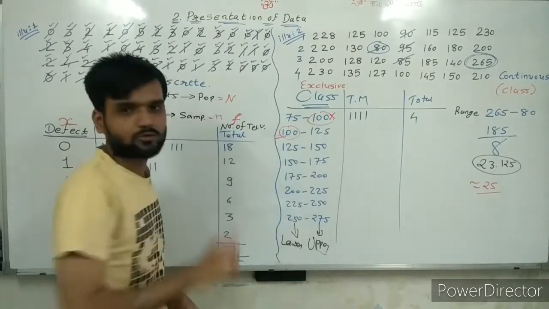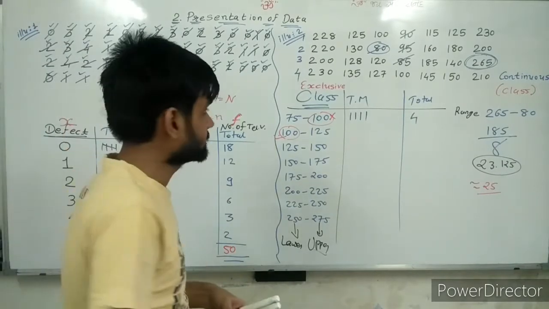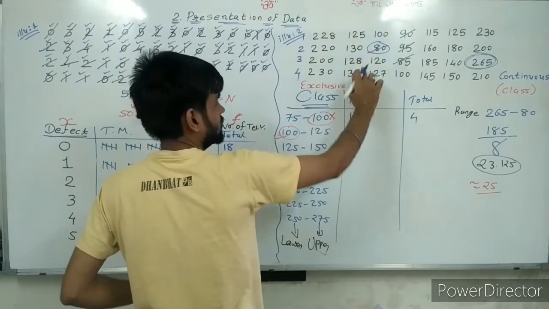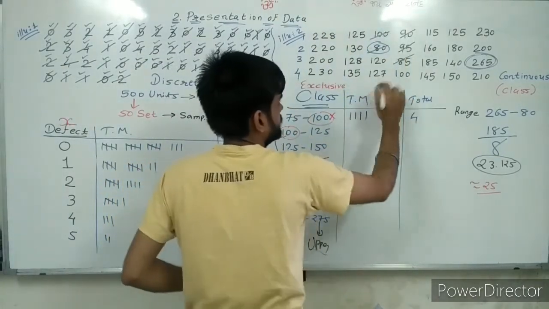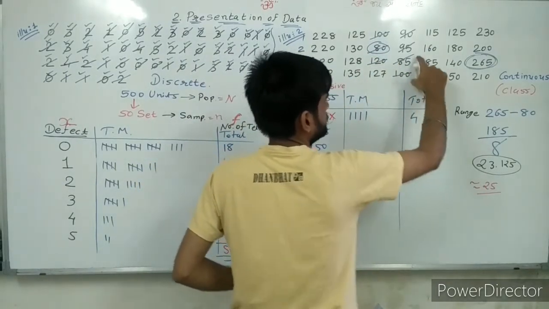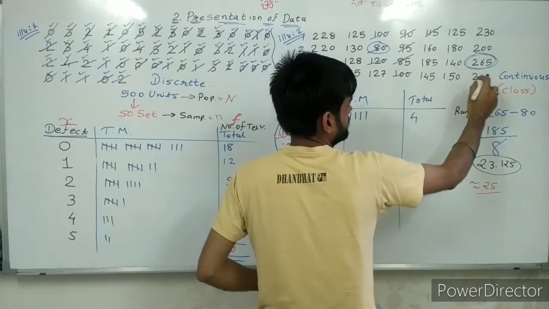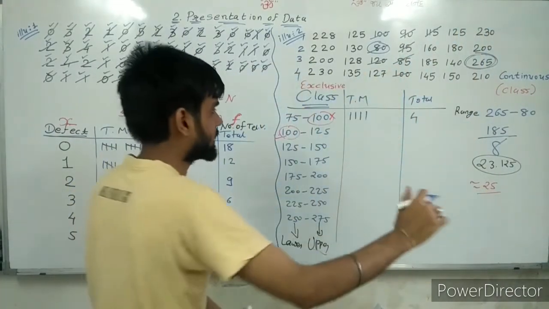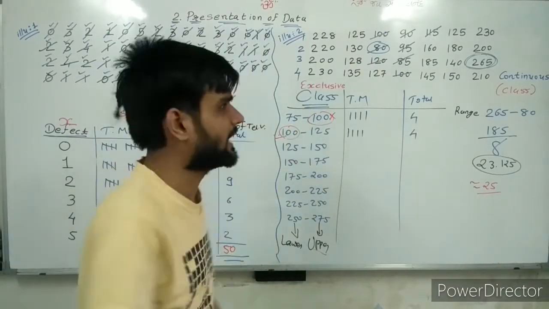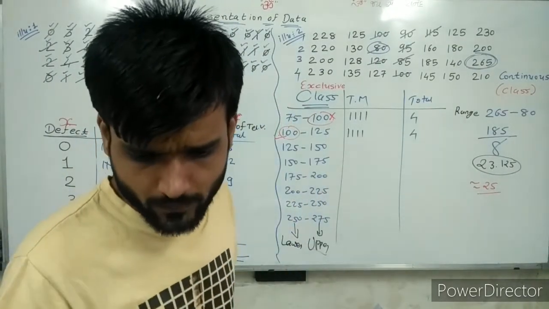Now again 100 to 125. So 125 is not taken. Again we are finding here, 125 not taking, 130 more than that, nothing. Yes, 100, 1, 2, this is not taken, 3, 4. That's it. 4 values are there. So 4 tallies. In this way we are calculating and finding different answers. That is your homework. So I am writing the answer directly.